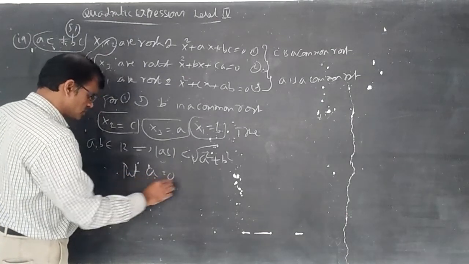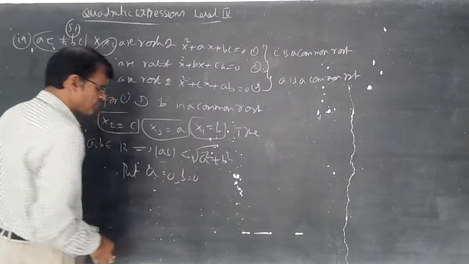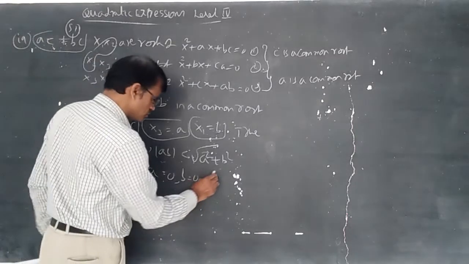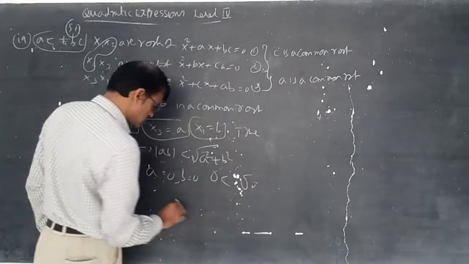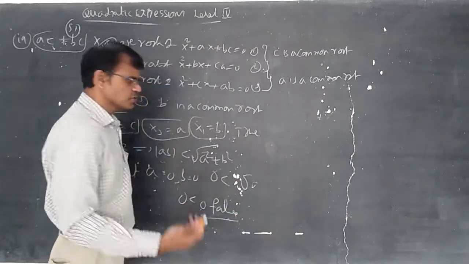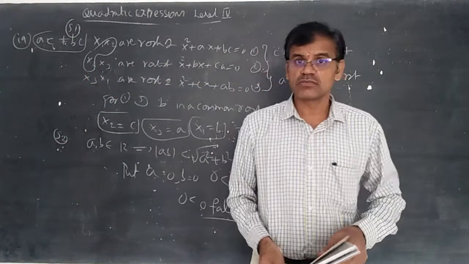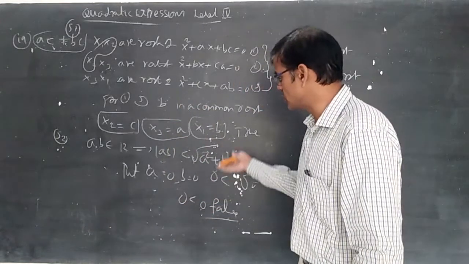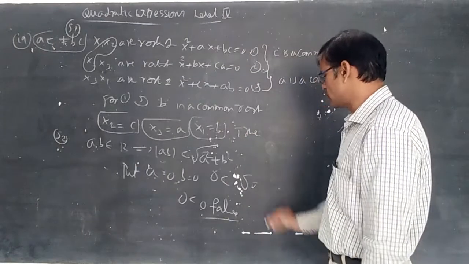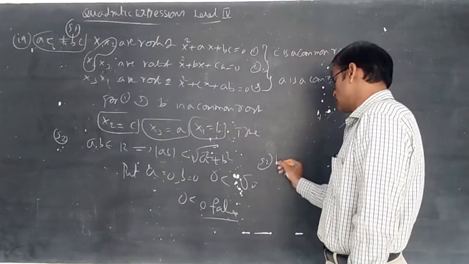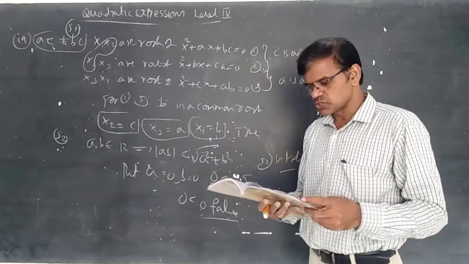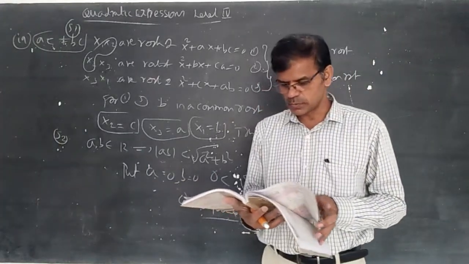Put a is equal to 0, b is equal to 0. Then the product ab becomes 0. So 0 less than root 0 is wrong. So 0 less than 0 is false. So it is not right, because for so many numbers it may be correct, but for 0 it has failed. So whenever it fails, S2 is wrong. So state S2 is false. S1 is true and S2 is false, means here the third option.